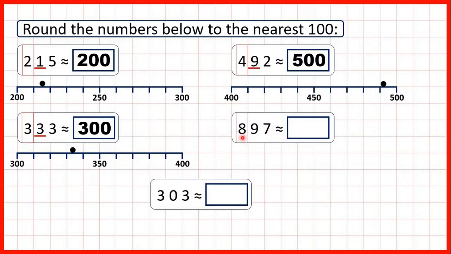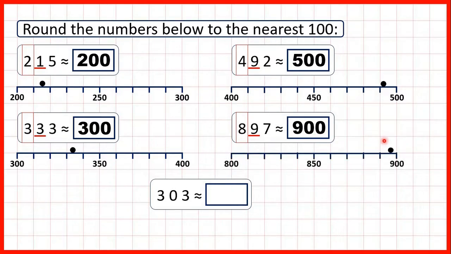Now 897. We look at our hundreds, then look to the right. It's 5 or more, so we're rounding up, which means we need to add 1 to the digit that we've circled. So this 8 becomes a 9, giving us 900. On a number line, 897 is between 800 and 900, but it's much closer to 900. Remember, if we're counting in tens, we have 850 right in the middle, 860, 870, 880, 890, so 897 is